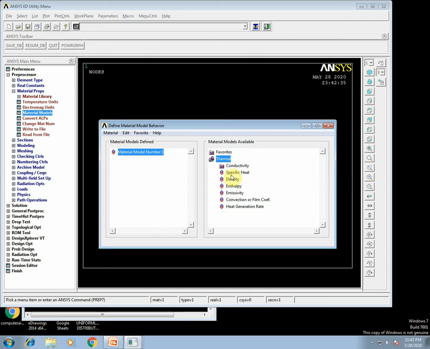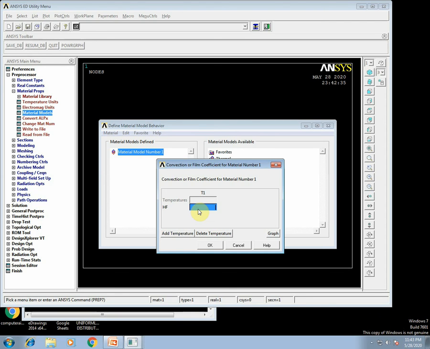First one is convection heat transfer, so I am taking material number 1, convection. I am putting an HF value here, it's 25.